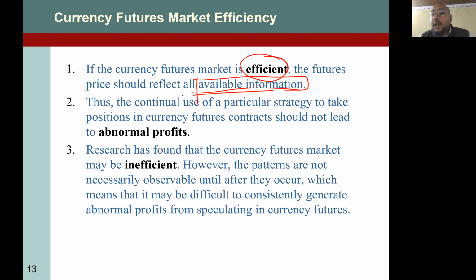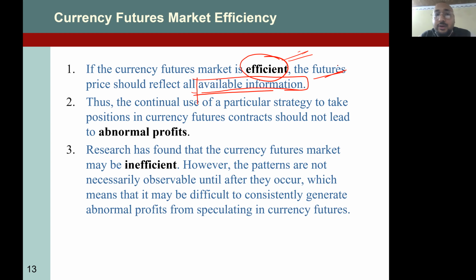If some new discovery happened in Mexico that will change the Mexican economy, of course, the Mexican peso will strengthen, will go up. If that news is publicly available, the market instantly and rapidly incorporates that into the pricing of the Mexican peso, and the Mexican peso will go up. So this is called efficiency. All publicly available information should be reflected in the price of